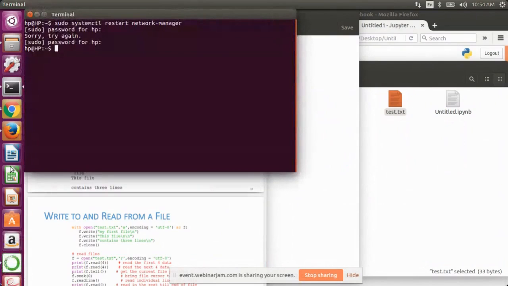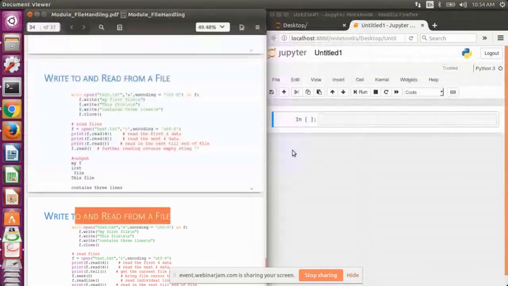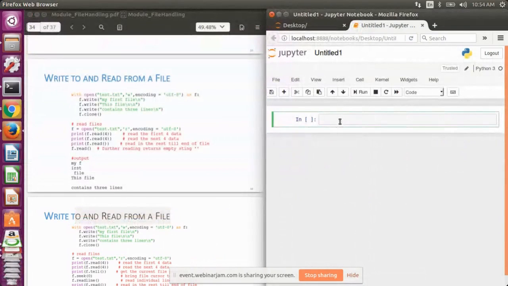So f equals to open, name of the file is test.txt, fine, and we want to open it in the read mode, and then the coding scheme is UTF-8, fine.